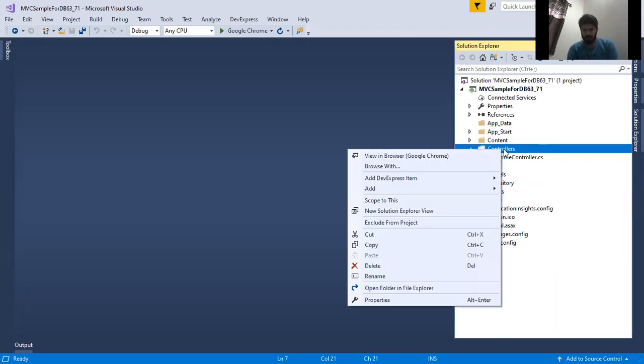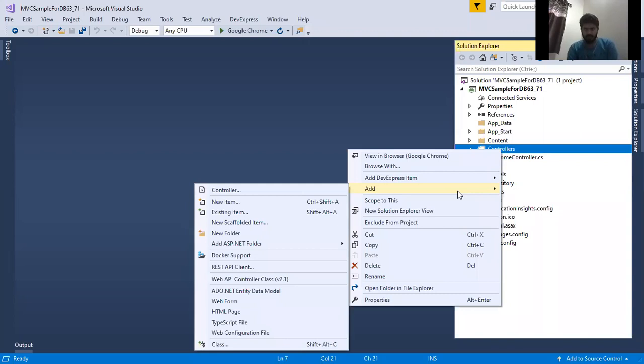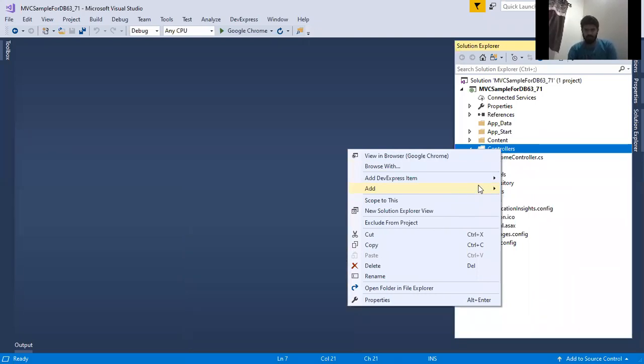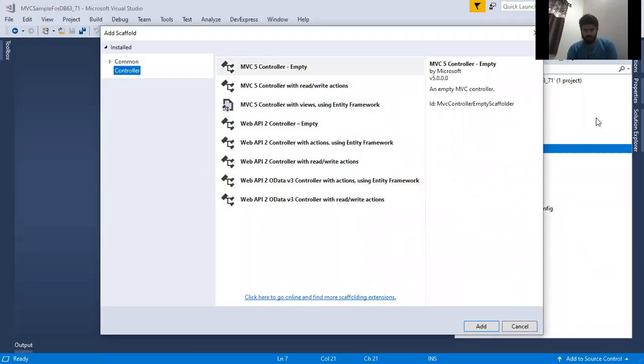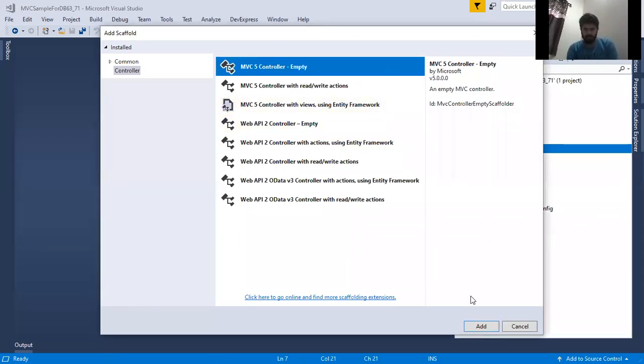Now let us go to the controller. Remember, whatever the data flow sequence you are having, the same sequence we need to follow while implementing the code. So right click on the controller, click on add, and then click on controller. Then select MVC5 controller.